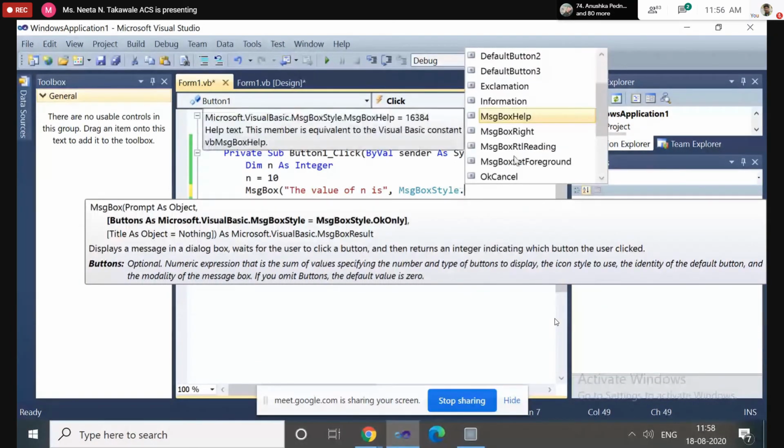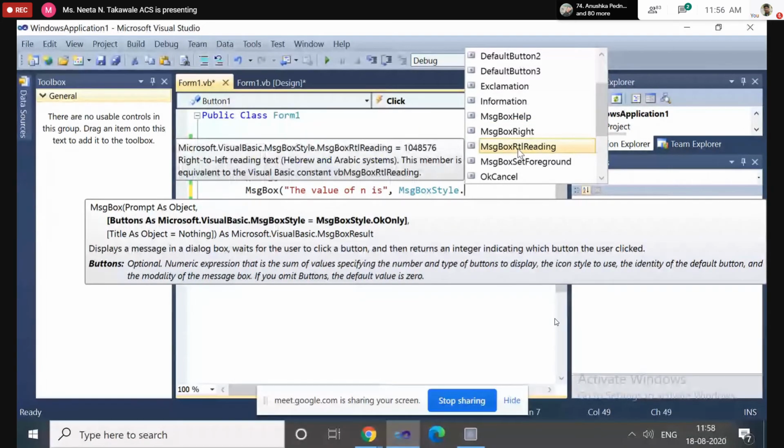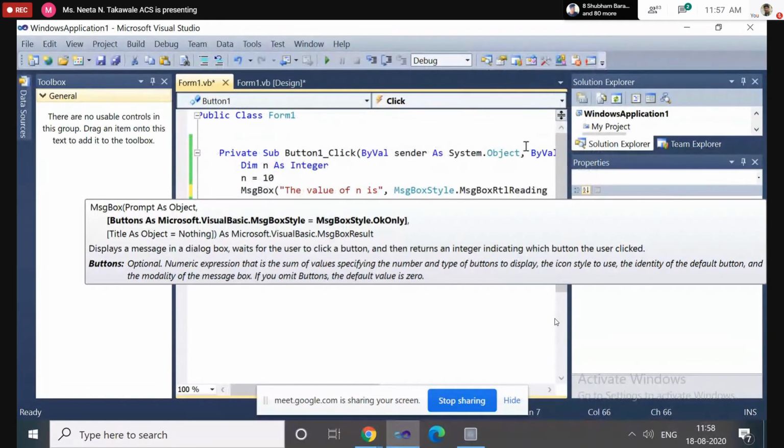Next we'll use RTL reading. RTL stands for right to left reading. By default, our reading direction is from left to right.